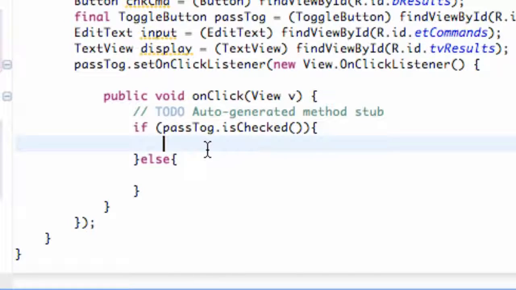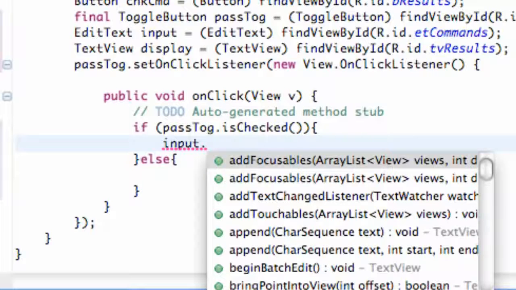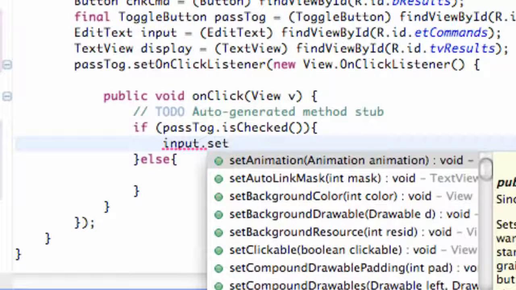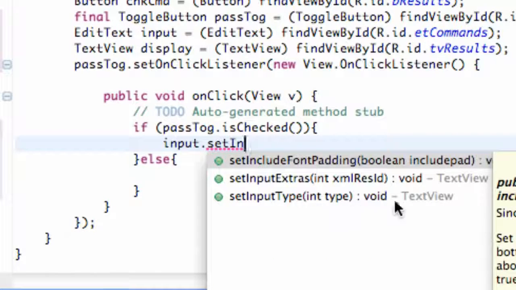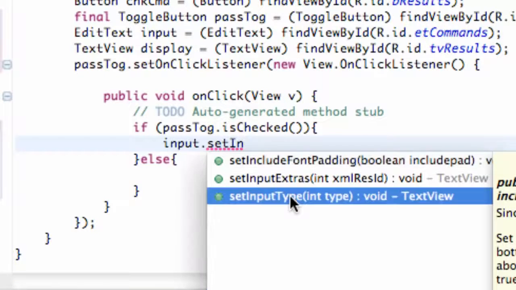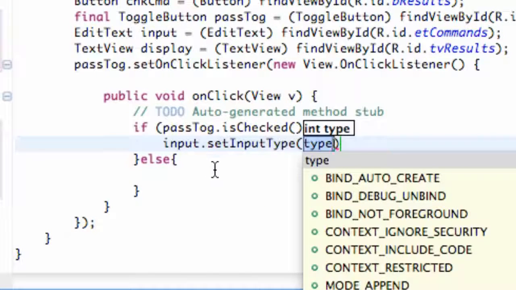Now what we can do is we're going to use the EditText variable that we set up here, and we have it referenced to our EditText in the XML, and we're going to change that. So we called the EditText input, so we're going to say input, and we can hit dot, and then what we're going to do is set the input type. Basically, you know, there's the password type in a text view, or a number for the most part. You can make them only be able to put in numbers, stuff like that. So we're going to say the method set input type, and as you can see it's a text view type for the most part, and within the parameters,